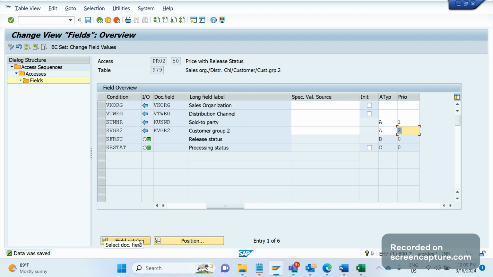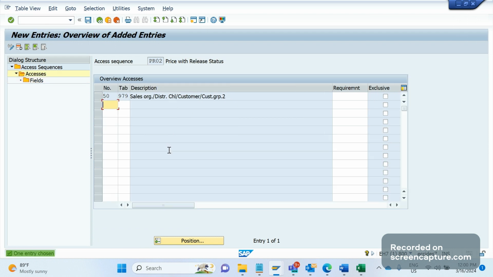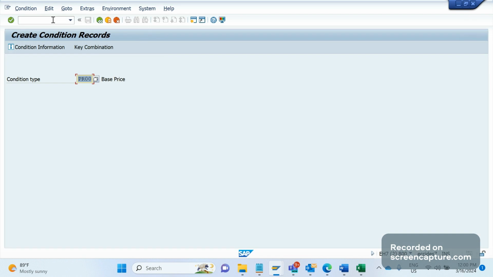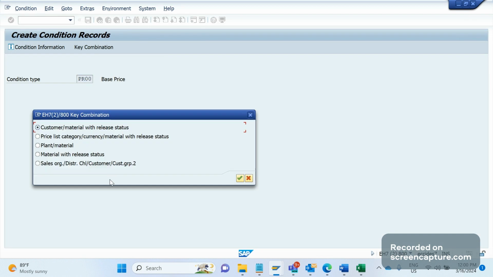And if I go to the field catalog, okay, fine, everything is fine now. Now 997 is added, right? If I go to the VK11 now for a PR00, see, I'm getting this option. Sales organization, distribution channel, customer group 2. If I click OK,